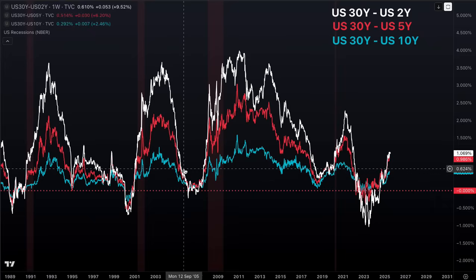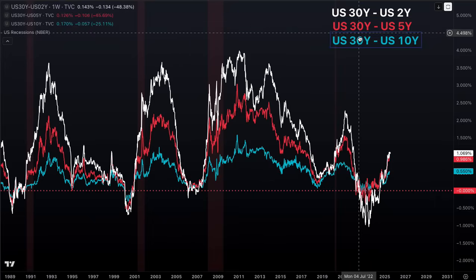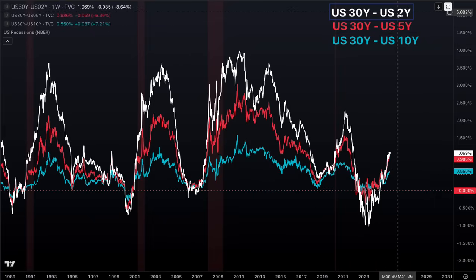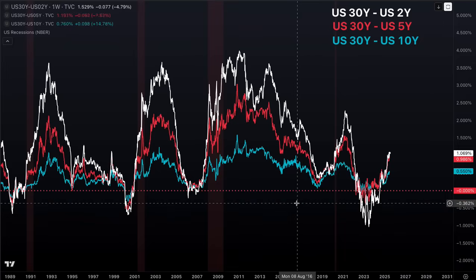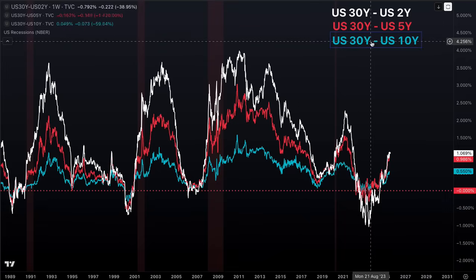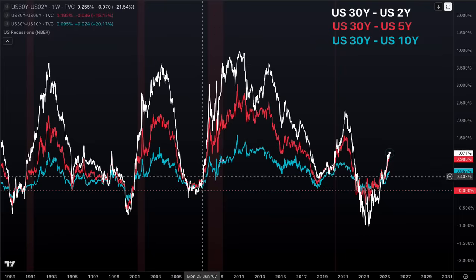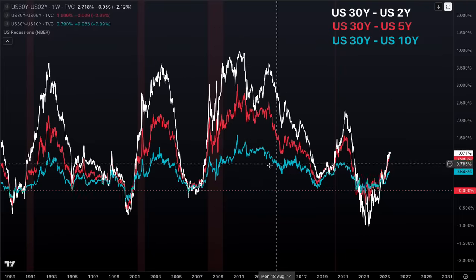Here are three different yield curve spreads. So you're taking the 30-year yield and then subtracting different maturities. This is just a different way to hopefully visualize this to really help people. So the blue line shows the 30 minus the 10. And you can see this is one scale over here. You can see that it doesn't move as sharply.